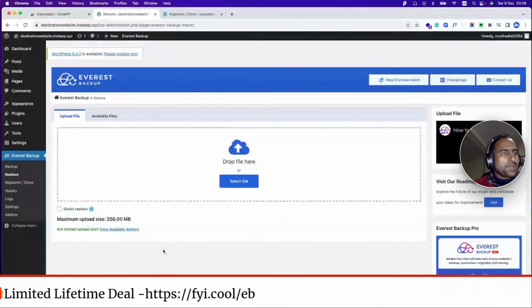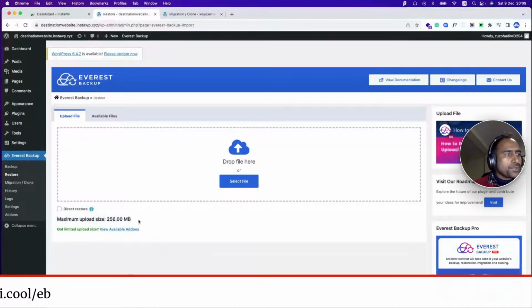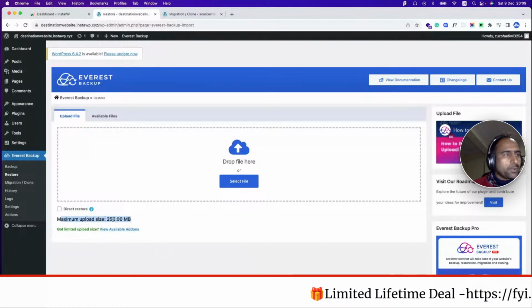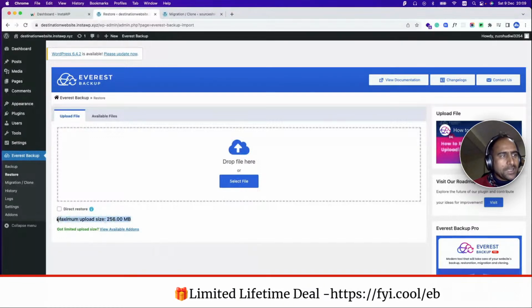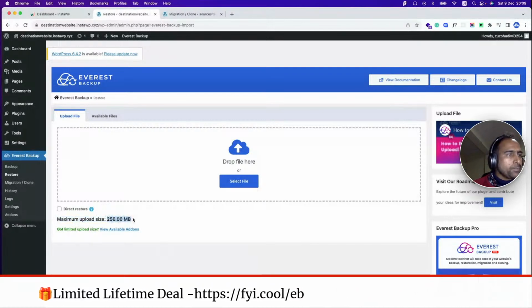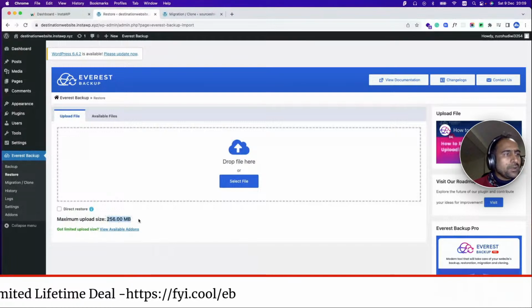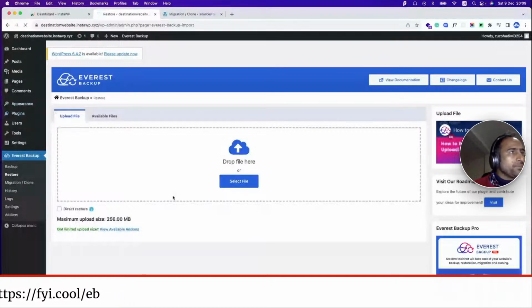The most confusing part is here. You can see here this maximum upload size is 256 MB, right? This maximum upload size is something that your hosting server imposed on this website. We don't have control over this, but we have a premium add-on. If you install our premium add-on, that will make it unlimited upload size. Let me show you that. If I want to install my premium add-on here,